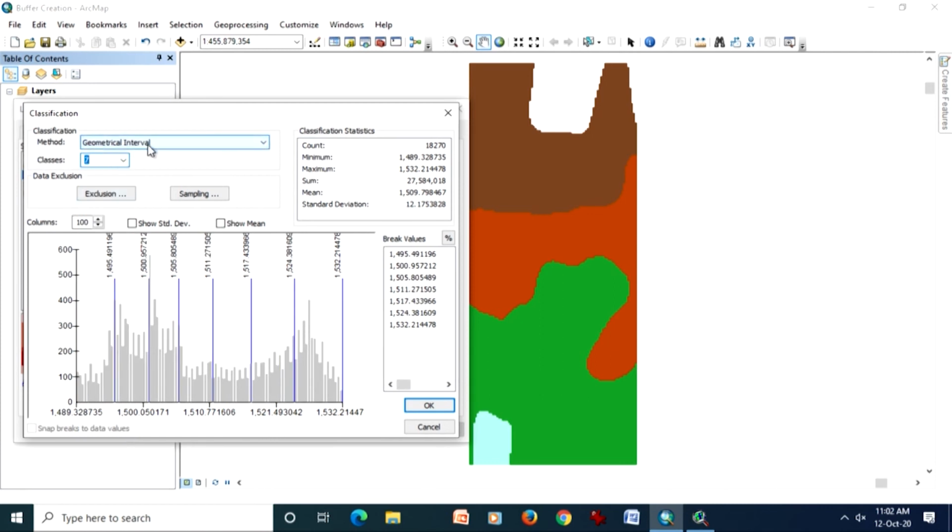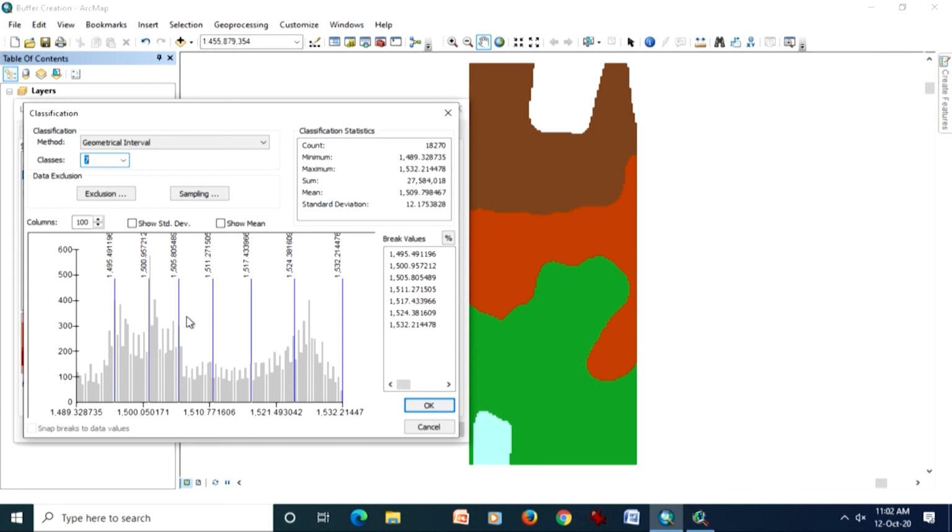Like here I have just chosen geometrical interval, and when you see the distribution, this is also based on frequency. So, the width of classes here is not the same. Wherever the values have less frequency, the classes are wide. The distance between these two blue vertical lines is big here, whereas wherever you have more frequency, it is less.